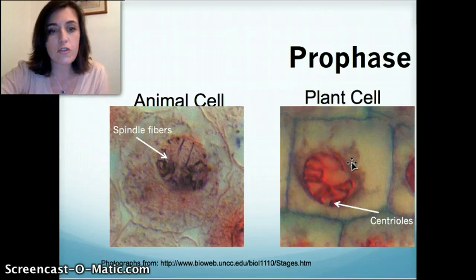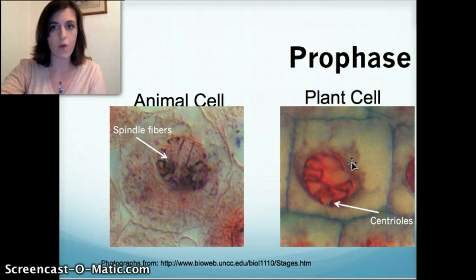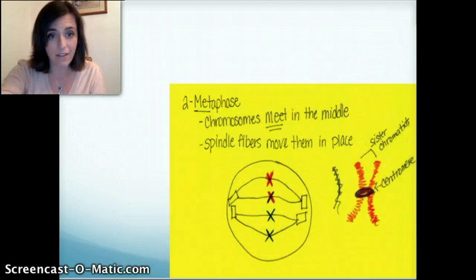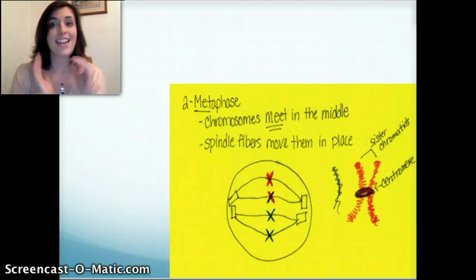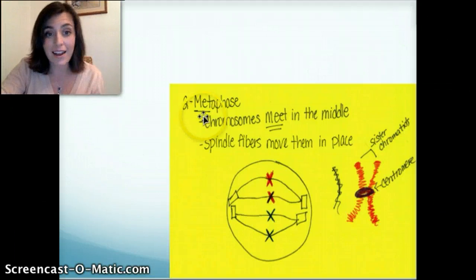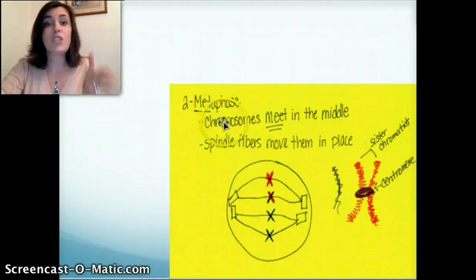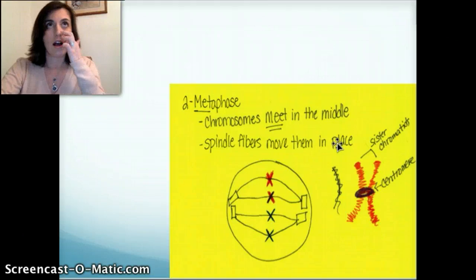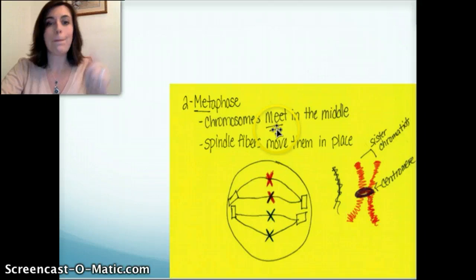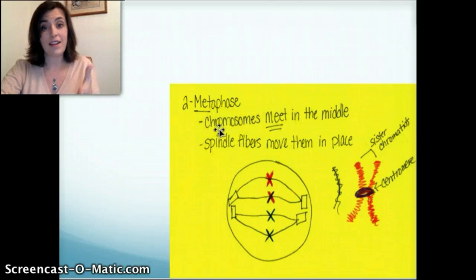Okay, so once those centrioles and spindle fibers can grab a hold of them and start moving them to where they need to go, because they're like, you know what, I got you. I will tell you exactly where you need to go. Just follow me. So that's what happens in the second phase, metaphase. And here's the easy part: meet. This is where chromosomes are going to meet in the middle of the cell. Oh wait, that's a really great way to remember it. Metaphase, meet in the middle.